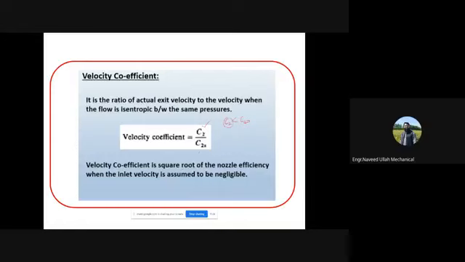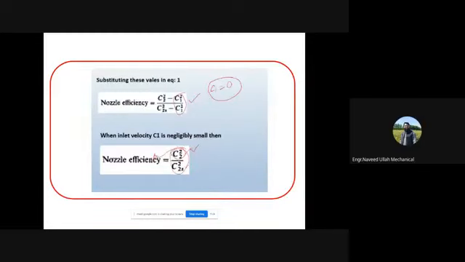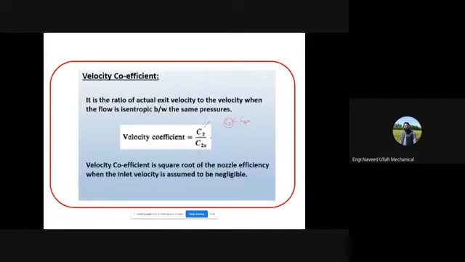ठीक है, so velocity coefficient is the square root of the nozzle efficiency when the inlet velocity is assumed to be negligible. तो यहाँ पे आप देख सकते हैं ना, previously हमारे पास efficiency जो है वो ये थी, तो इसका अगर आप square root ले लेना nozzle efficiency का, तो you can get this C2 by C2s. ठीक है, that is your velocity coefficient. तो ये velocity coefficient जो है ना, let's say for example this is your 0.98 for example. ठीक है, आगे शायद example वगैरह में discuss किया भी है. This velocity coefficient is your